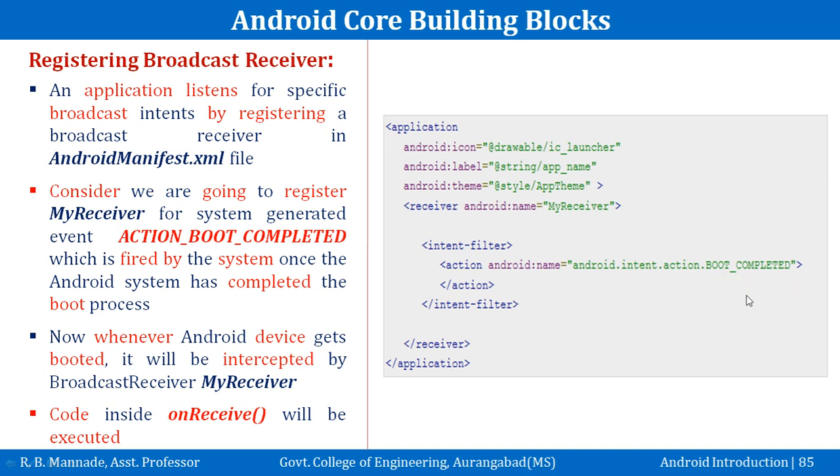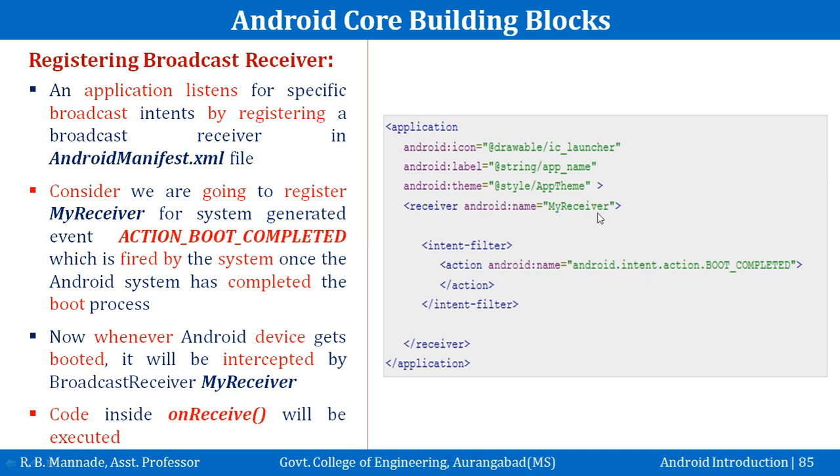Okay, so here we are registering our MyReceiver broadcast receiver with this system generated broadcast message or broadcast intent or event, so that whenever that particular device is booted, it means whenever its booting process is completed, then the Android operating system broadcasts or sends this predefined system generated message to this broadcast receiver